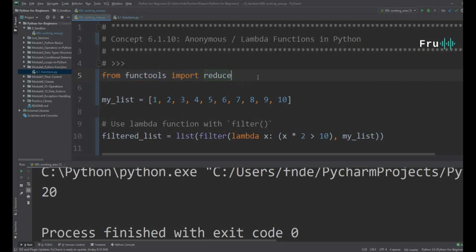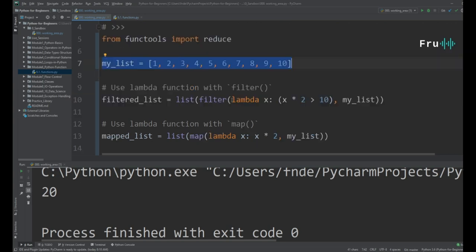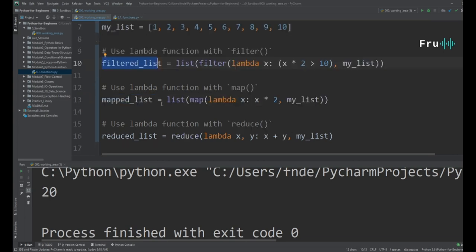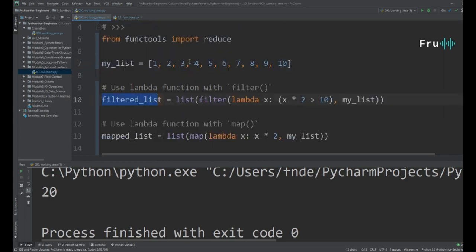So for us to do this, we're gonna import a specific library to see how lambda functions can work within lists. So we're gonna import the library. From functools, we're gonna import reduce. Now we set the list here, a very simple list, 1 to 10, within this variable, and then now we have this lambda function, and because we saw how lambda functions work before,